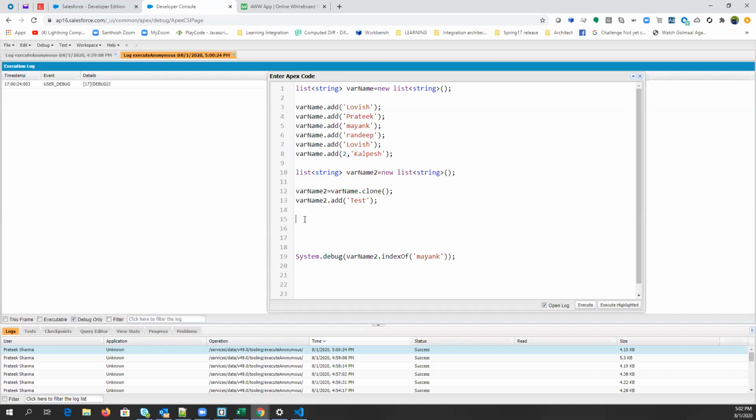Like I'm using varname.get and directly varname square brackets and index number. No difference, it is the same. Both are fetching me the same thing, right?